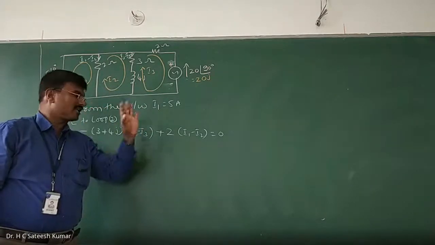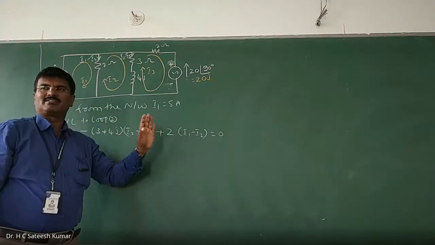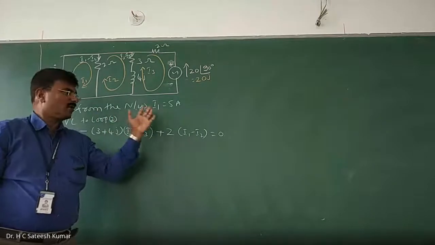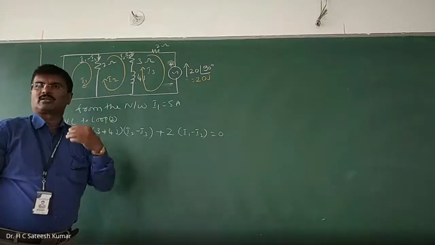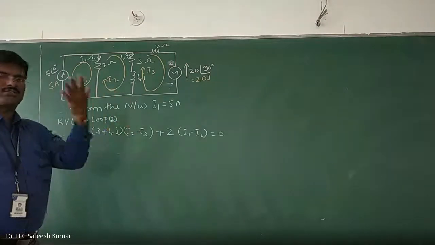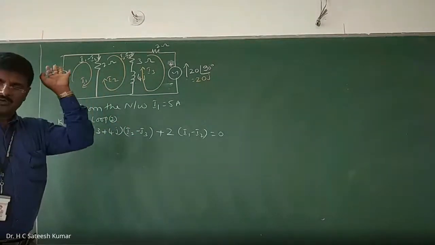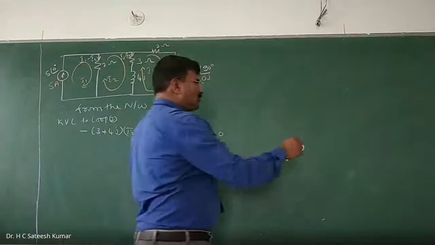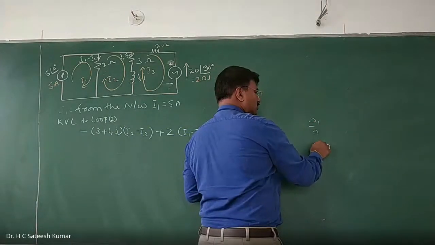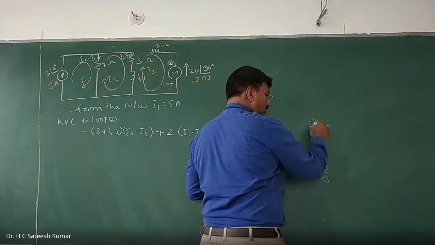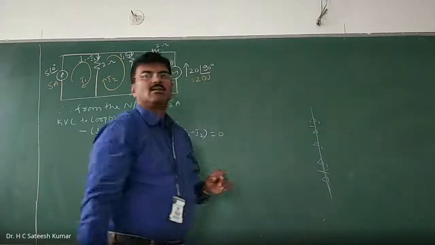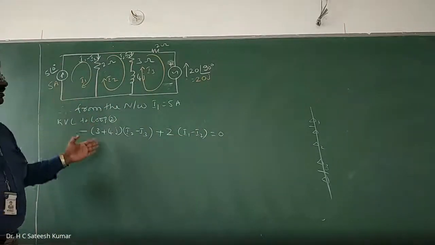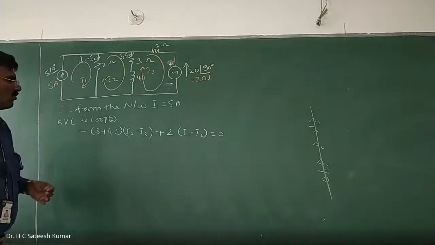A 3 cross 3 determinant with complex values is very difficult to do manually, and it cannot be solved using the simultaneous equation option in the calculator for complex values. You will have to do it manually. X, Y, Z will be equal to delta 1 by delta, delta 2 by delta, delta 3 by delta, all of them complex values, and we have to do it one by one. So better to eliminate one of them so that we get a 2 cross 2 matrix, which becomes very easy. So now we group it.